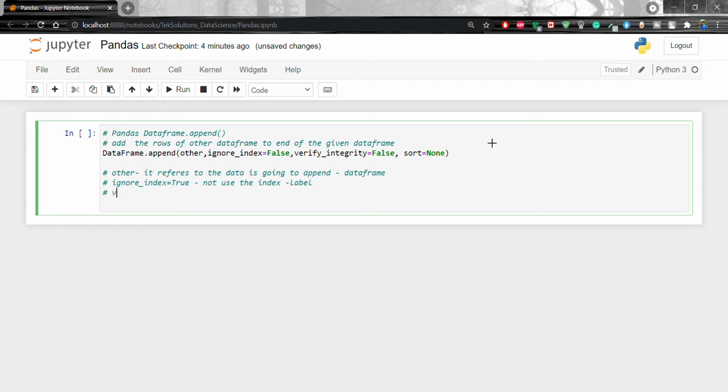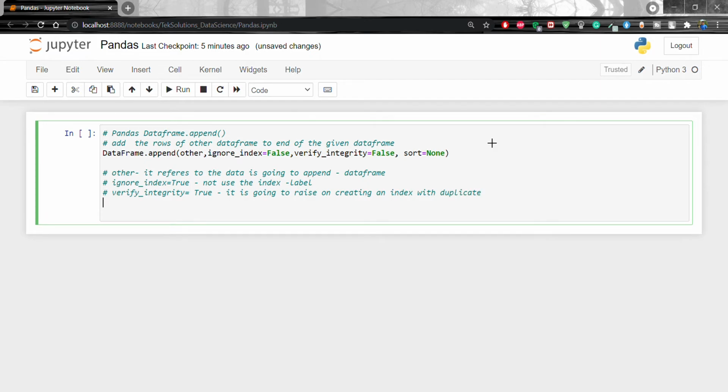Next one is verify integrity. By default it will be false. When it is true, it raises a value error on creating an index with duplicates. So if there is any duplicate index, it will raise an error.